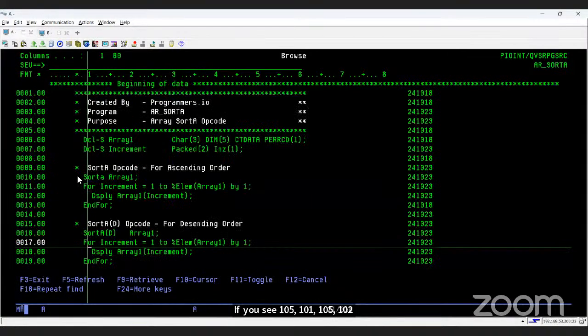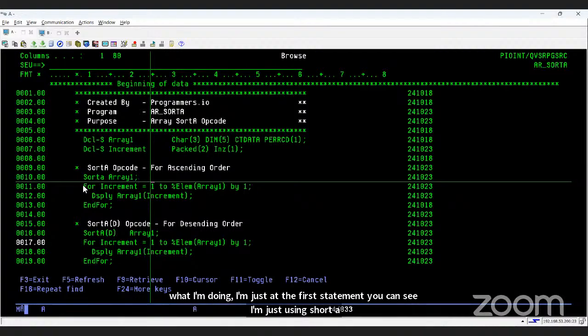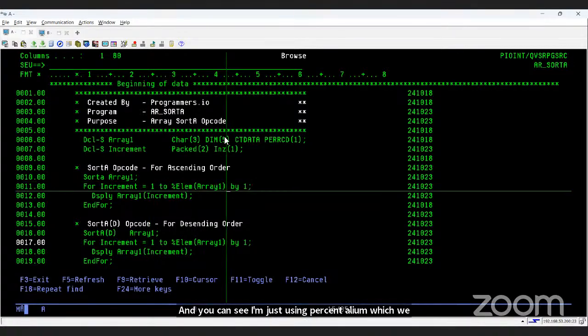So what I am doing, in the first statement you can see I'm using sort A and the array one, the name of the array. Then I'm using a for loop. And you can see I'm using %len, which we have already read, which will be from 1 to fifth, it will be reading from first to fifth position, incrementing by 1, and I'm displaying the array